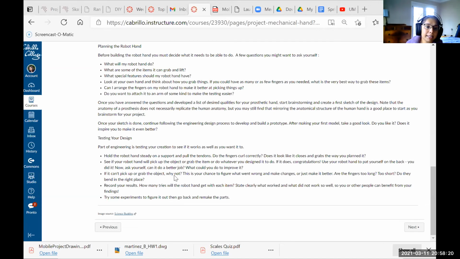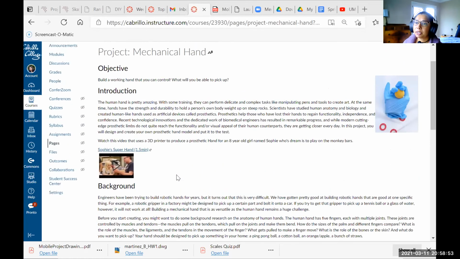Let me give you one hint. Try to pick up slightly larger things rather than smaller things. Smaller things are very hard to pick up. Put a paperclip down on the desk and try to pick that up with your fingers, and you'll notice that what you want to do is slide it over to the edge, and then you can pick it up. So think about that when you're designing your hand and picking items to try to pick up. The smaller things are going to be a little bit harder than the larger things, just as a word of advice. So are there any questions on this project?